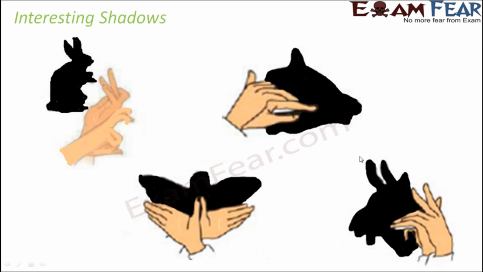This is another interesting thing. The shape of an object doesn't necessarily tell us the shape of its shadow. With one particular object, you can have multiple shapes of shadows. For example, with a cylinder, if the light falls on one surface, you might get a rectangle as the shadow. If light falls on some other side, you might get a circle as the shadow. So it depends on the orientation of the incident light also.